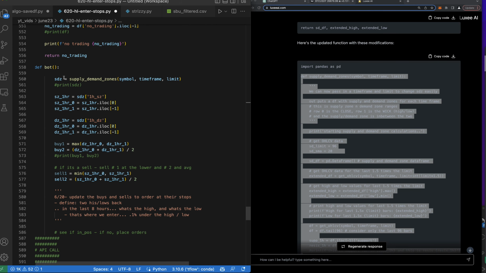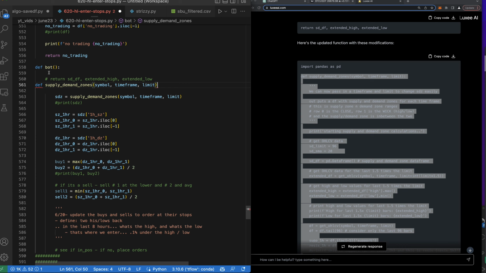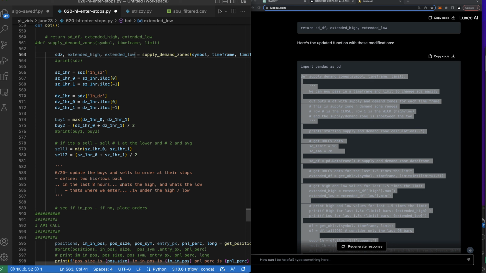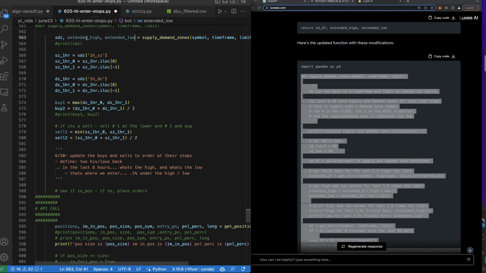So let's go ahead, SDZ. And also, well, let's print this out. Not print it, but supply and demand zone. So it grabs the supply and demand zone and the extended high, extended low, which is exactly what we want. And we're going to go ahead and enter now at the extended high and extended low. So I'm going to take these numbers here,